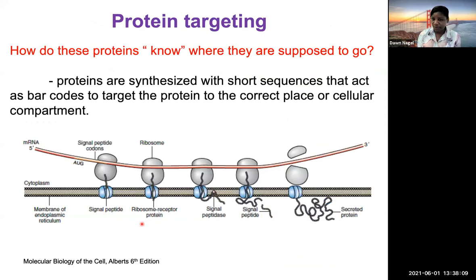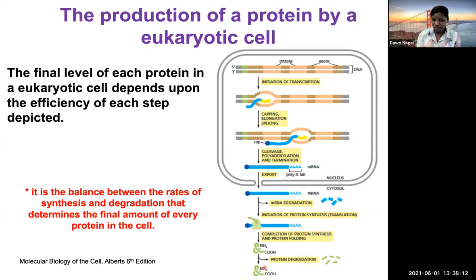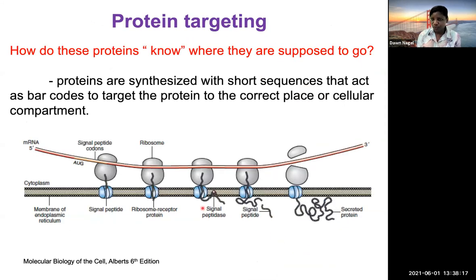So once proteins get to this step and you have your protein properly folded and it survived everything, now they need to know where to go to actually do their job, right? So within proteins, already embedded in the DNA sequence are certain sequences that code for signals within the protein, okay? So when the protein gets made, it's synthesized with these sequences that we refer to as barcodes, right? It tells the protein where to go